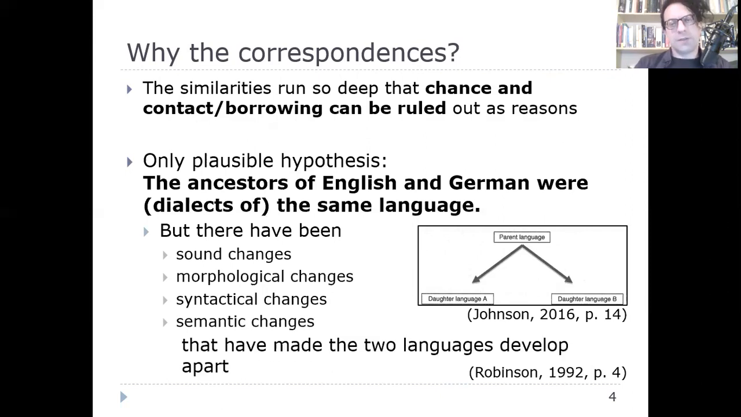So the ancestors of English and German were the same language, but there have been sound changes, morphological changes, syntactical changes, semantic changes that have made the two languages develop apart, to the point where today we say they're two different languages, and it's not like if you know one of them, you understand the other language